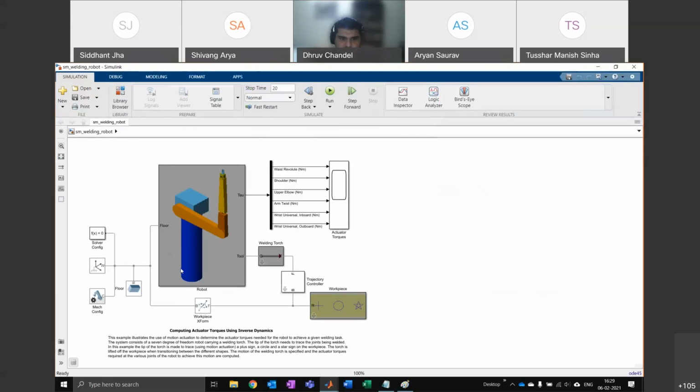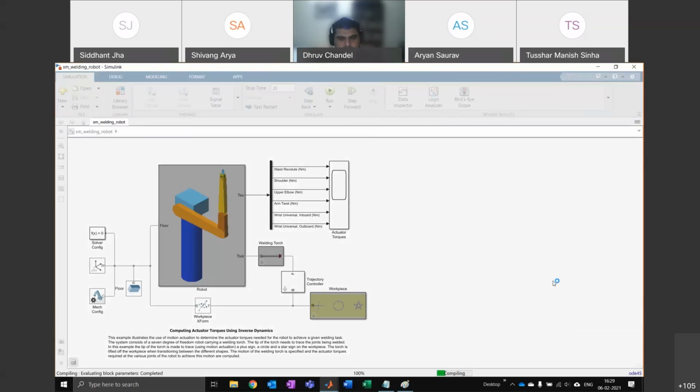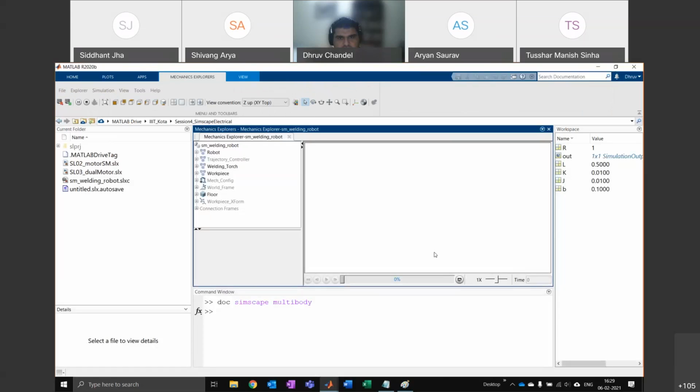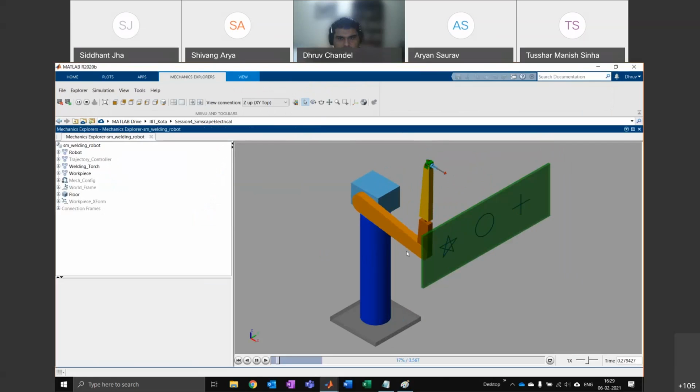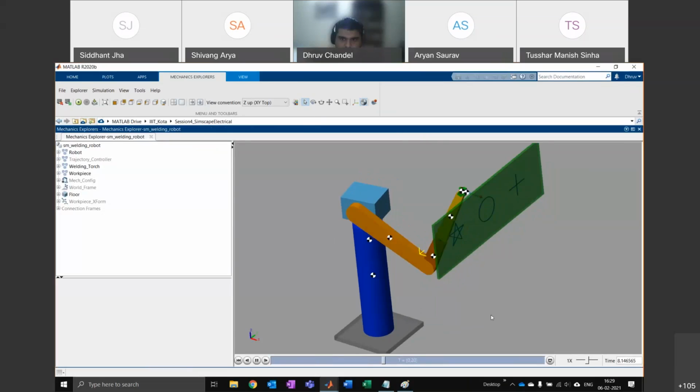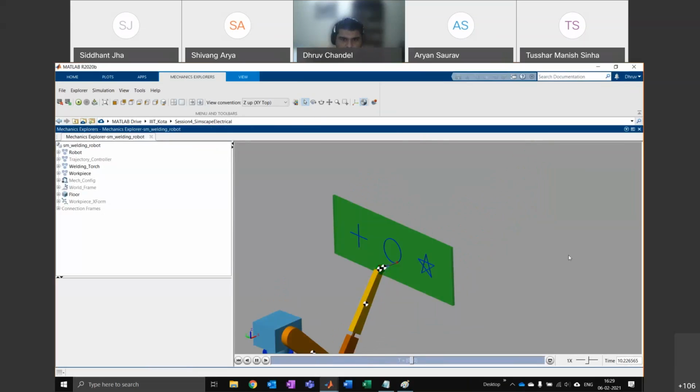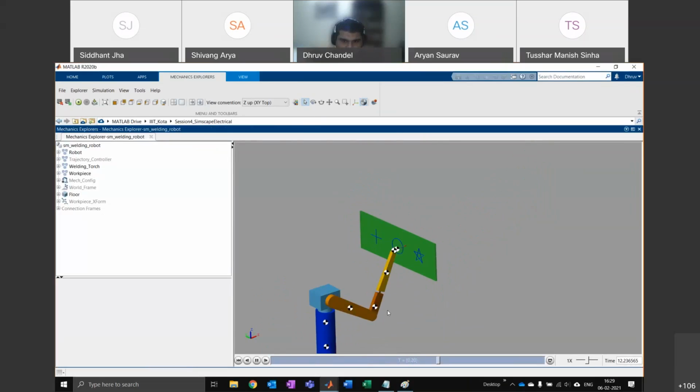And I'll explain how the circuit is built after it. The reason it doesn't work online is because you need some nice graphics cards to do this. Okay, so this is what a robot looks like in Simscape Multibody. And you can see it's basically drawing these shapes on a workpiece here.